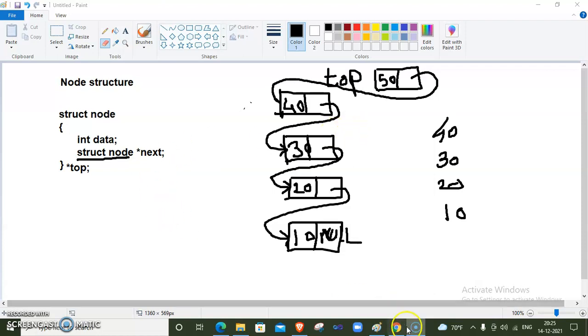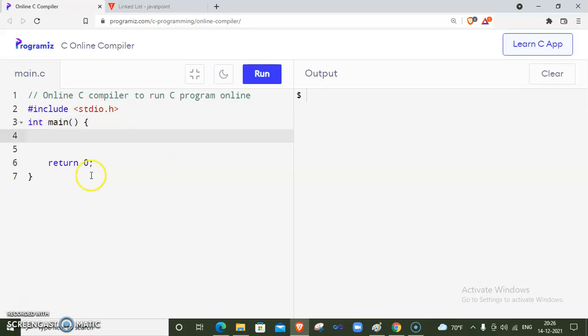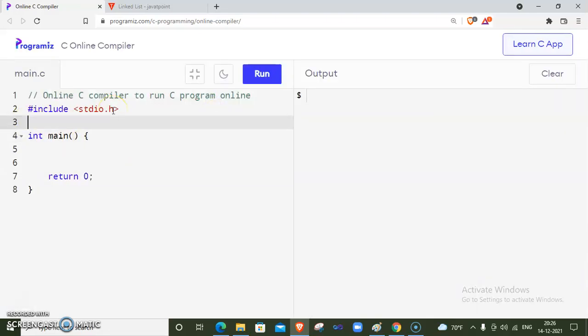So we go towards the coding window, and here I am using an online compiler. You may use any compiler. Now I am defining one structure, struct node.